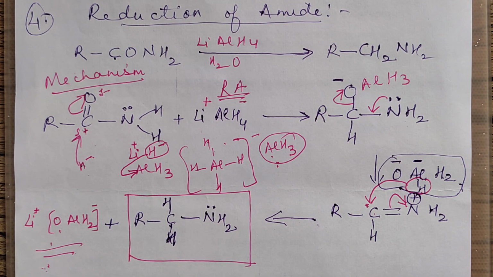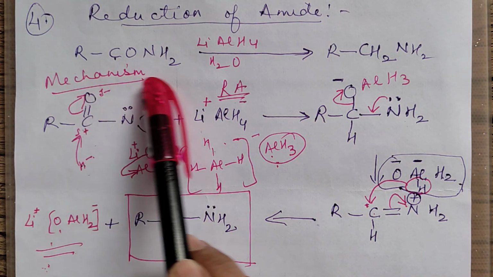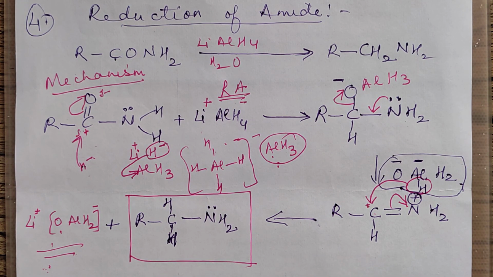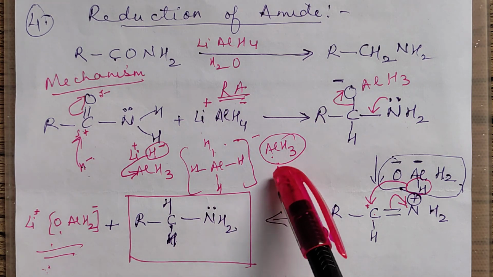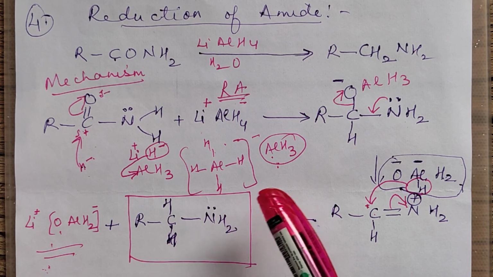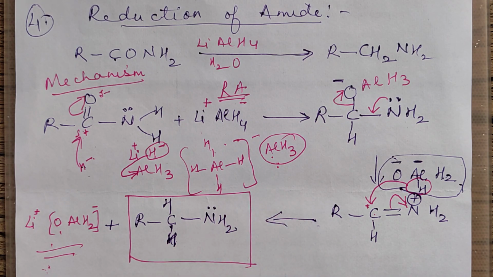Fine. So the mechanism of preparation of amine from amide is not required for board exam. For board exam, you can only remember this. Now, since you have time, or for competitive exams you may require, I've explained how LiAlH4 is functioning, and also for better understanding I've explained the mechanism. Right? So now you are left over with two more methods, that is Gabriel phthalimide synthesis and Hoffman's degradation.